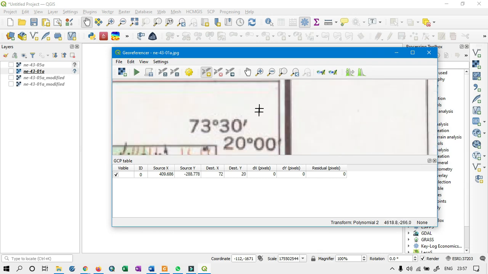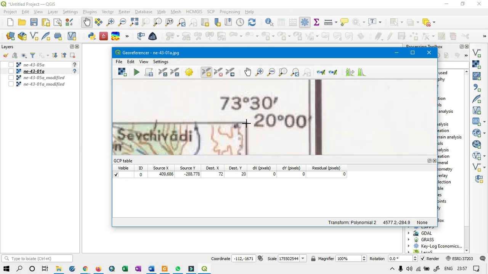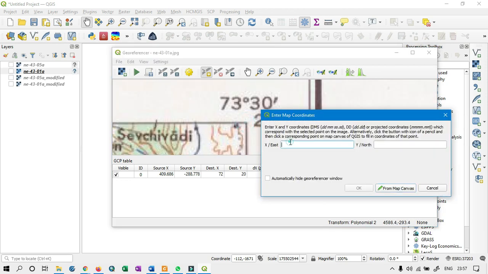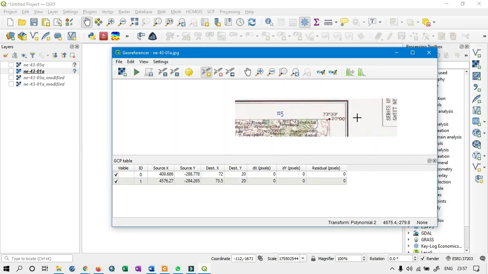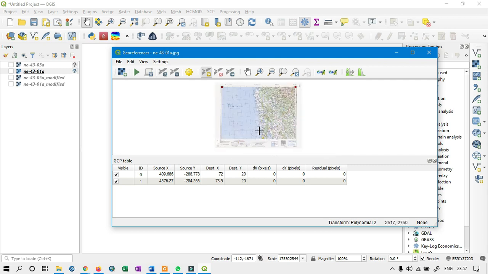Now I can add the second point, that is 73 degree 30 minute east and 20 degree north. Okay, so in this way I can add 6 or more than 6 GCPs into this table, or into this map.